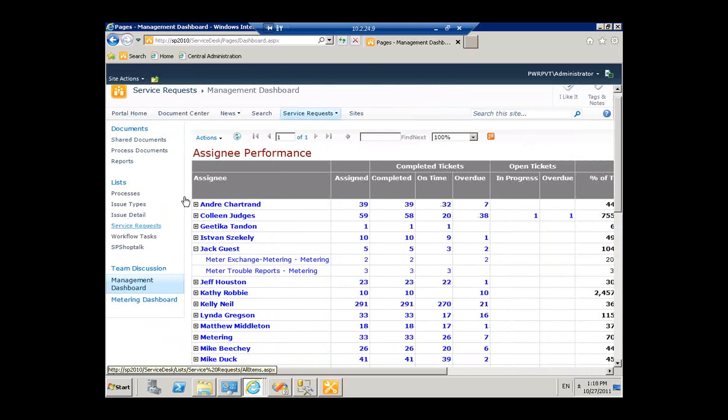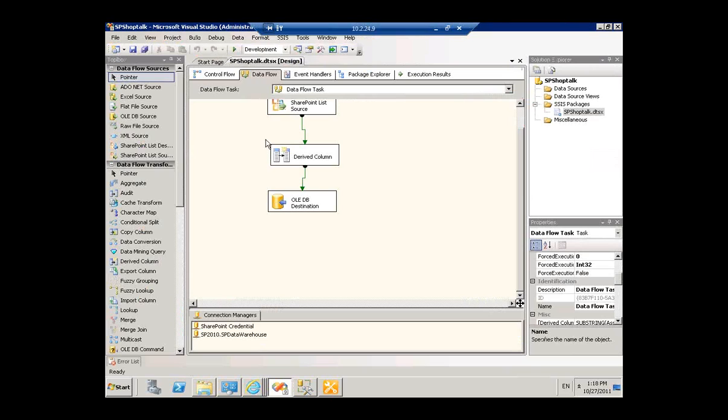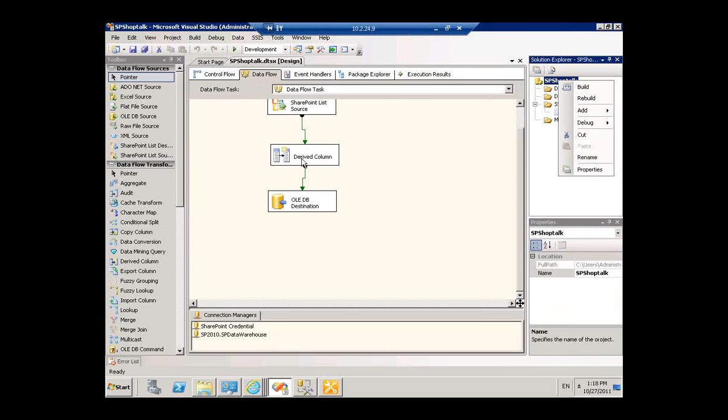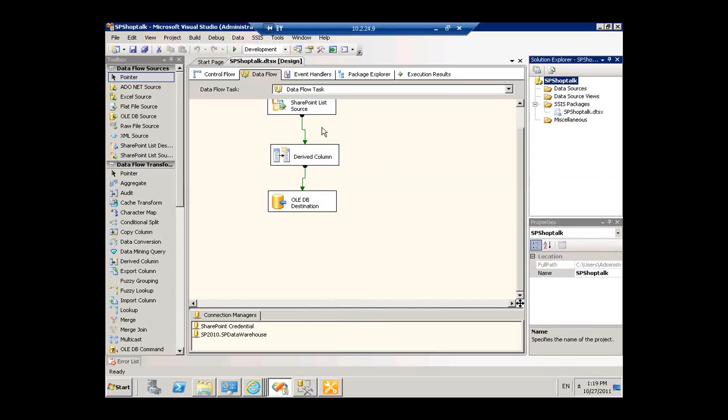And then finally, the last piece of what I wanted to talk about today was now that we've got our data flow set up, how do we set it so that this runs on a regular basis? So we want to drop that table, say, every night and populate it with data. Well, the first thing we have to do is go back in here to our project, which is our Integration Services project. I have to check properties. It doesn't do this by default. But if we go into the deployment utility, we can say create deployment utility, true. I apply that property. I then rebuild the